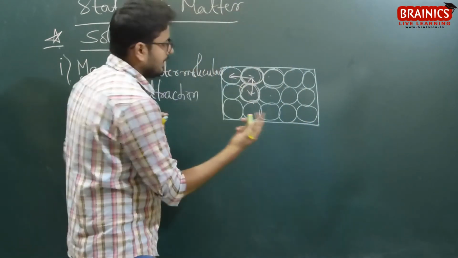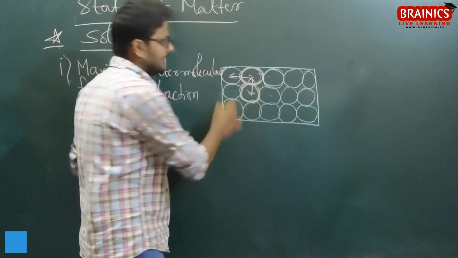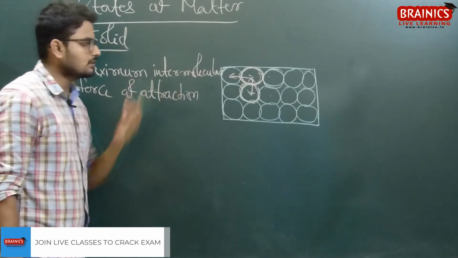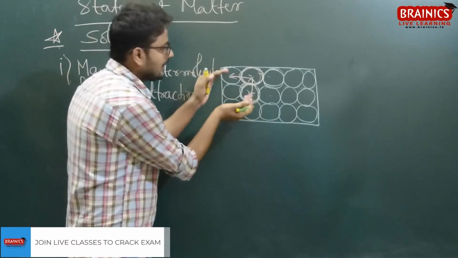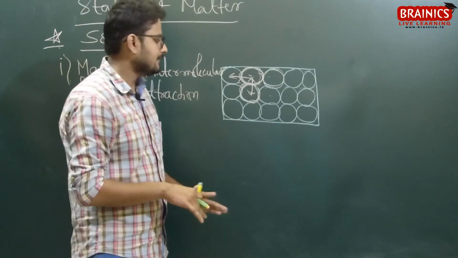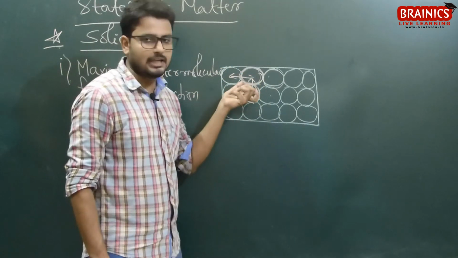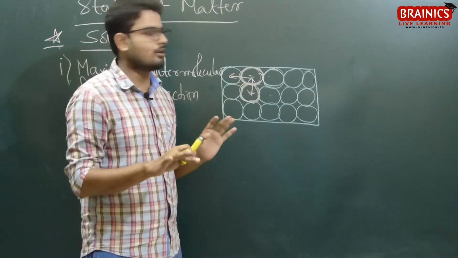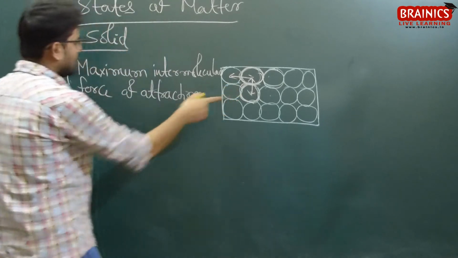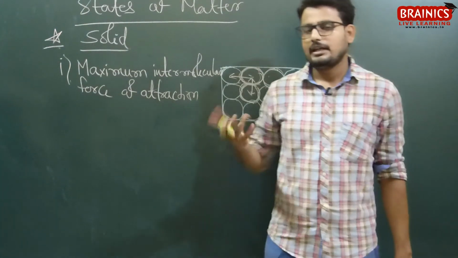If they are experiencing maximum intermolecular force of attraction, that means they are together, that means the space between them is negligible or almost zero, isn't it? So the intermolecular space between these molecules is almost nil or almost zero. So the intermolecular space in solid is very less in comparison to